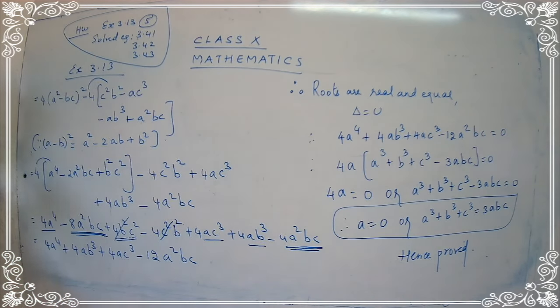Homework is exercise 3.13, question number 5, the sum that we have done in our classwork. You are going to just practice your fifth sum, close your book, and without looking at the classwork, complete your sum number 5 as a test. So just try to write like a test. You think that this is your test. You are going to complete sum number 5 and along with that, complete 3 solved examples, that is 3.41, 3.42 and 3.43. I hope you are clear with exercise 3.13.